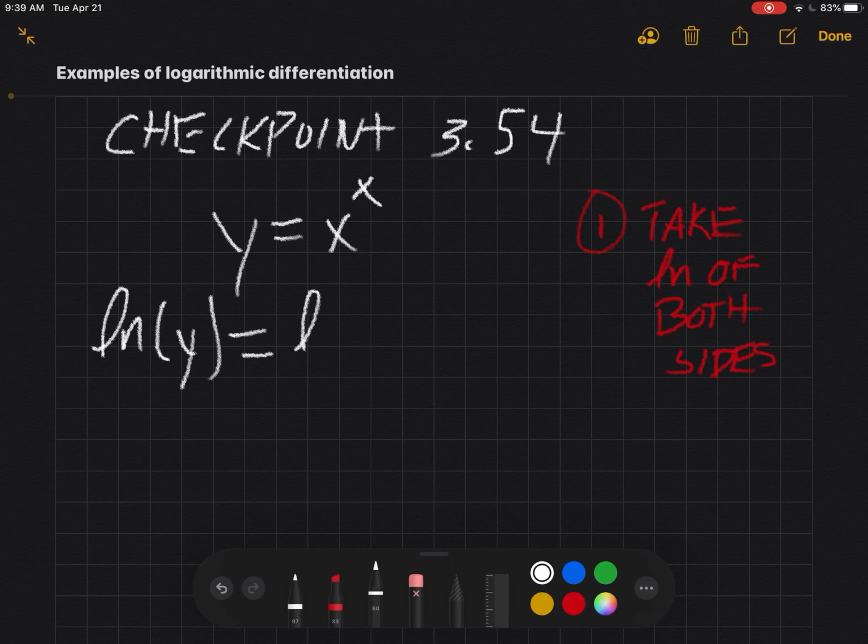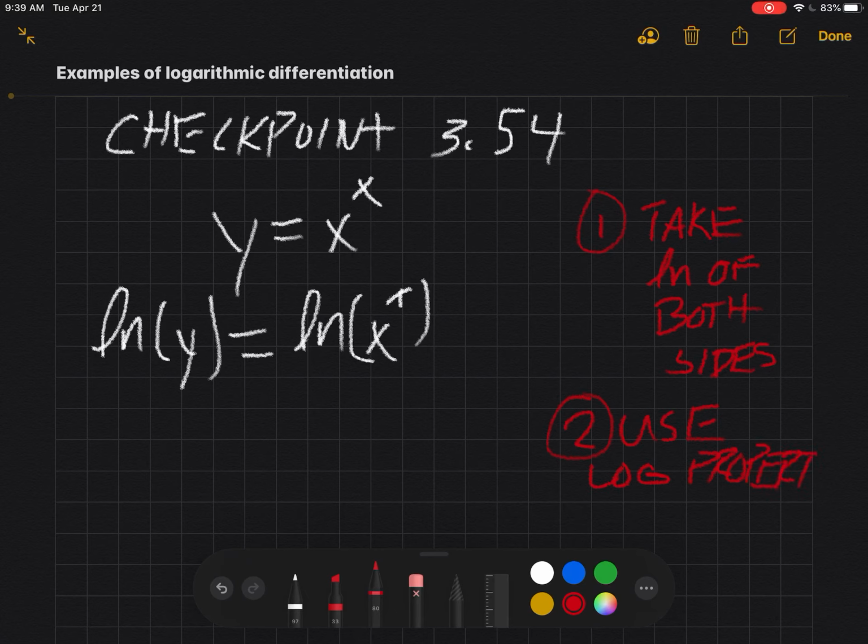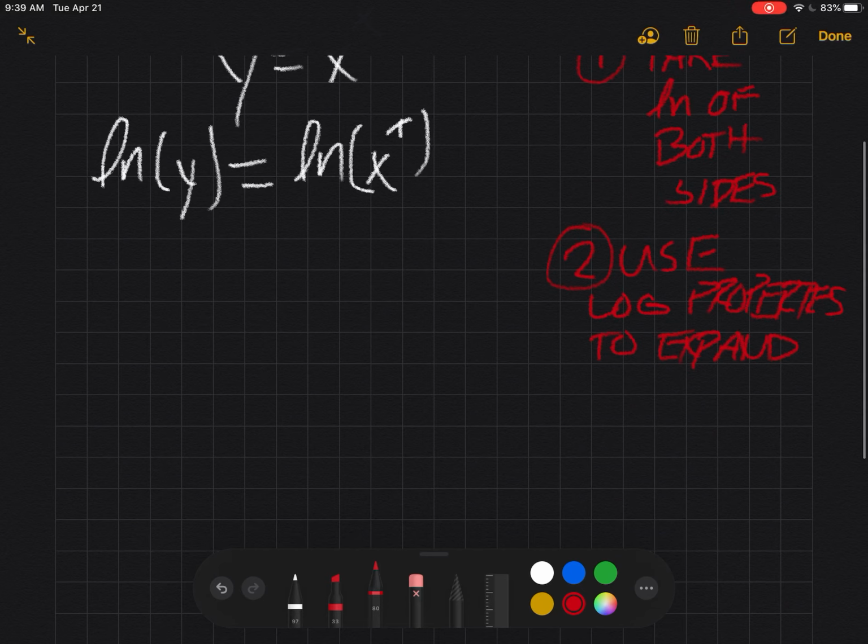using logarithmic differentiation. So the first thing I want to do, my first step, is to take the natural log of both sides. So then I'll have the natural log of y is equal to the natural log of x to the x power. And then my second step is to use my log properties